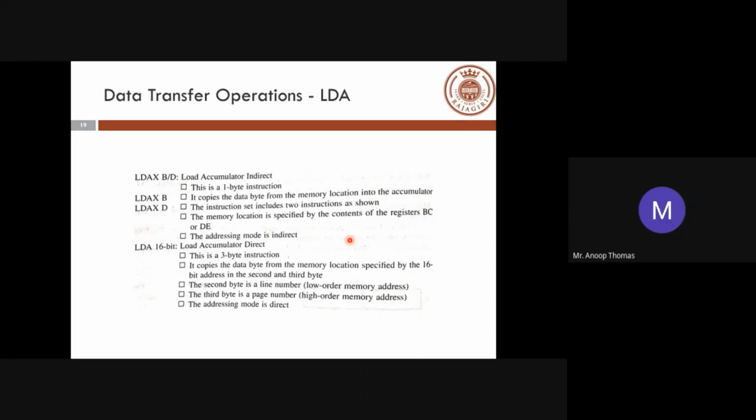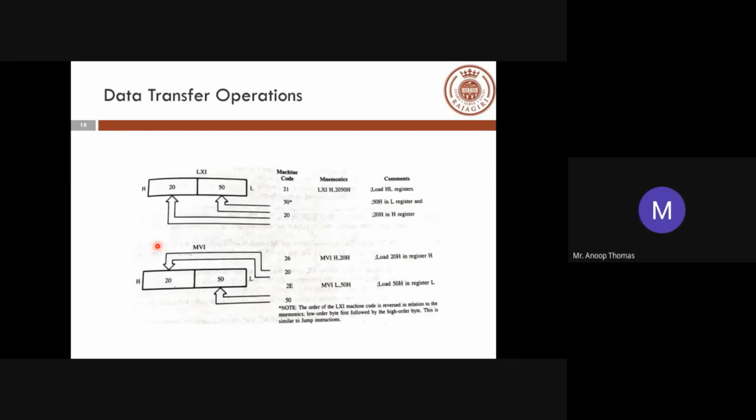Okay. Then the most commonly used load operation is your load accumulator. It's a 3-byte instruction. It copies the data byte from the memory location specified by the 16-bit address. So you need to understand the difference between I, X, and A. In the case of I, the immediate data which is given goes into these HL registers.